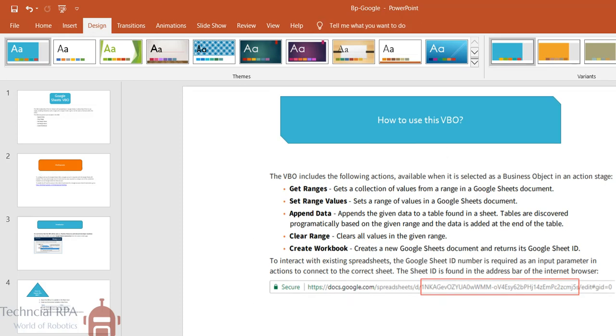Some clients don't want to install any software inside the virtual machine. Now RPA is moving ahead to cloud, so we are not setting up any infrastructure. For example, I want to create some projects in Blue Prism, and I don't want to create any setup or infrastructure. In that case, I can simply create an Azure account and map it to Azure cloud services. I can create some regions.